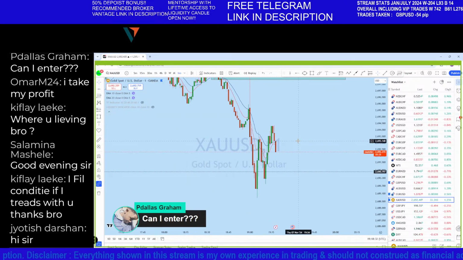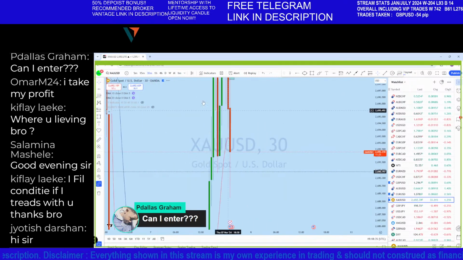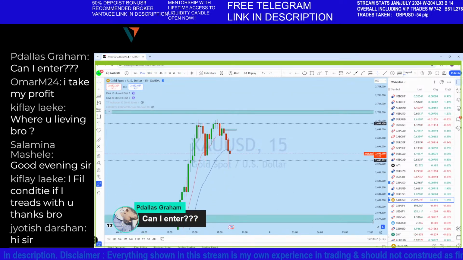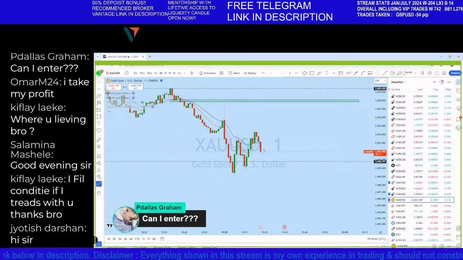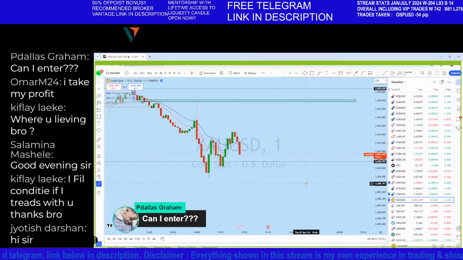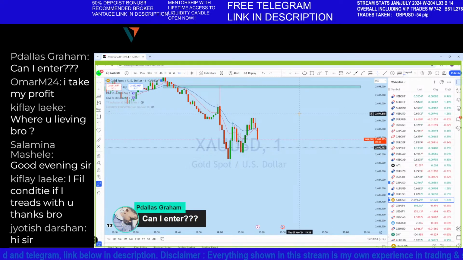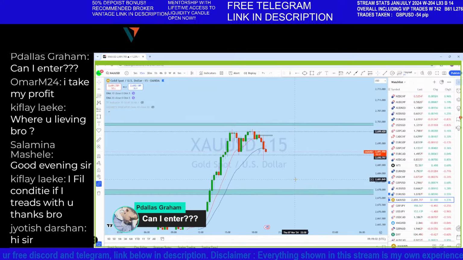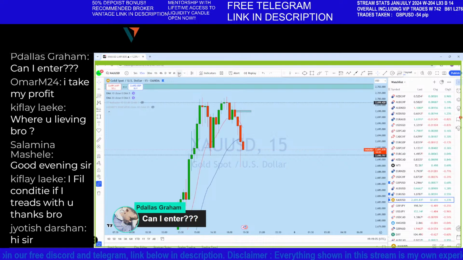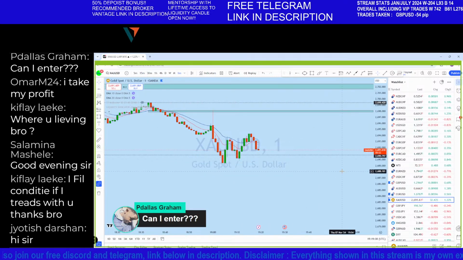Okay, so from that perspective, the 1 minute. Here we can see our first trade is closed. Let's say the 15 minutes, the market is trying to fill that zone here. If it starts to drop, we may see increased movement. So at the moment, the way it formed, there is a probability for